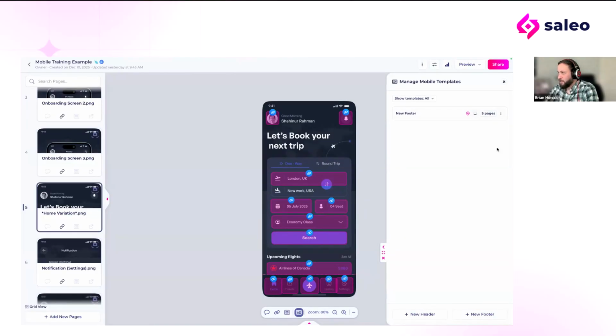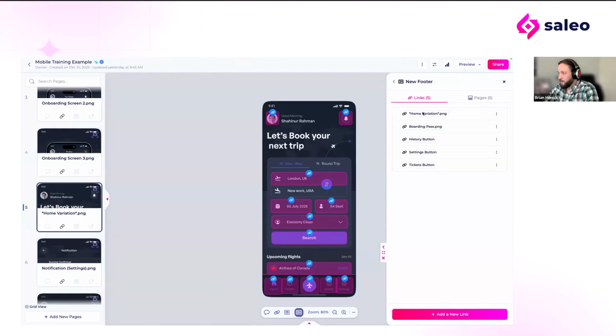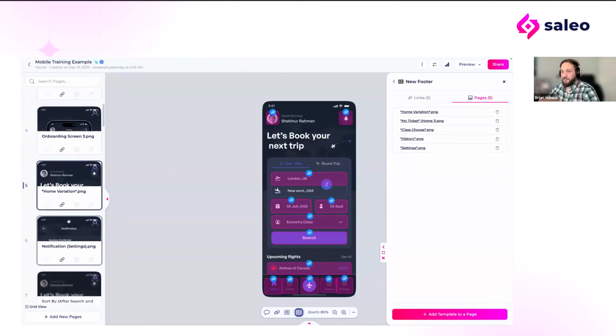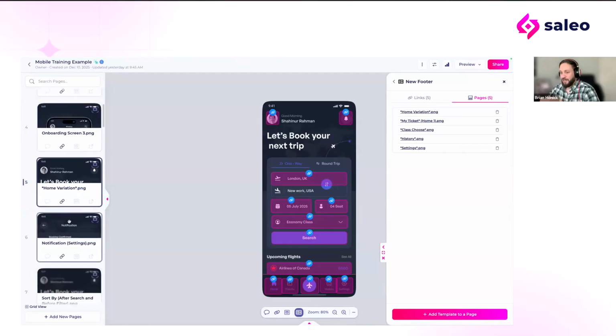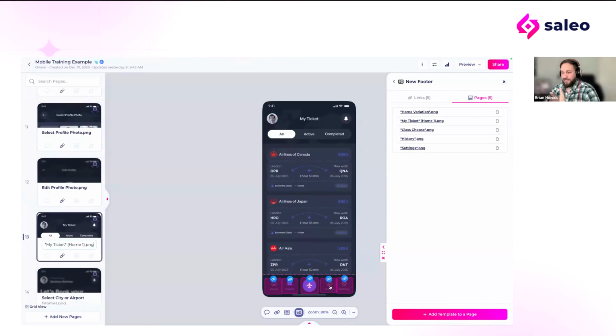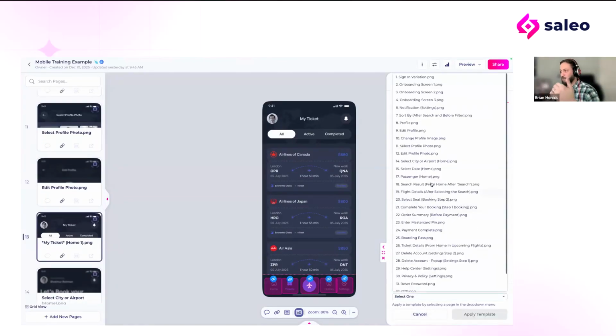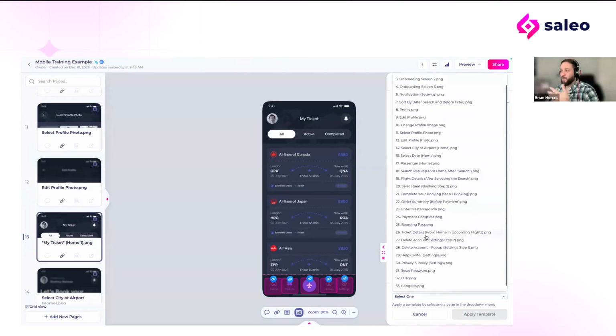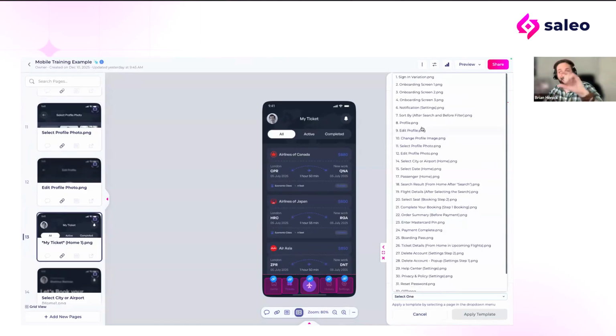At that point that I've made that a footer, I am going to then tell that footer not only where each one of these is supposed to go. So when I look at history, where is history supposed to go? What page? But I'm also then dictating what pages do all of those exist on. So when I look at my ticket, for instance, I would scroll down, I'd find that screen, my ticket, you'll see that it has the same exact buttons at the bottom. So what I'm doing is when I'm adding this template to a page, I'm just searching and appending it to the right page that has that exact same menu bar that I want to add those same links to,